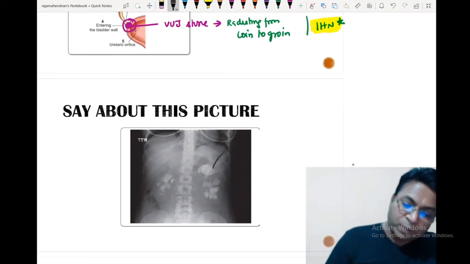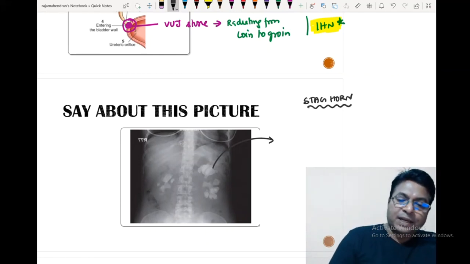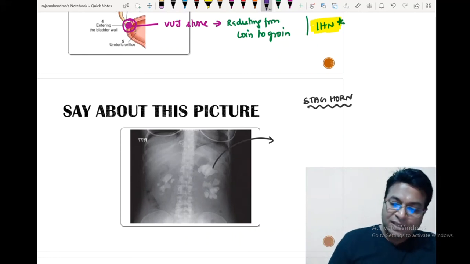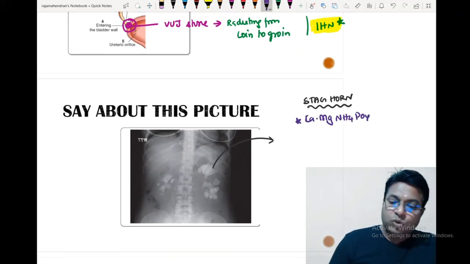Okay. What is this picture showing you? This is a different type of stone known as a staghorn stone. It is a staghorn calculus you are seeing in this image. It is usually a stone made up of calcium, magnesium, ammonium phosphate. So it is a staghorn stone. The treatment for these